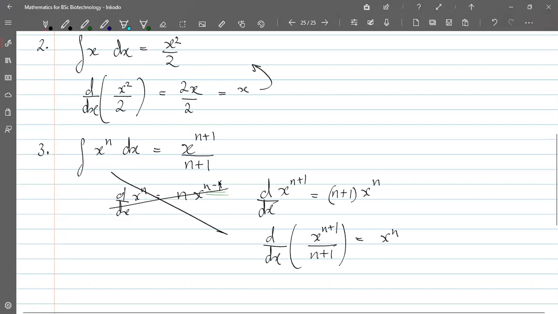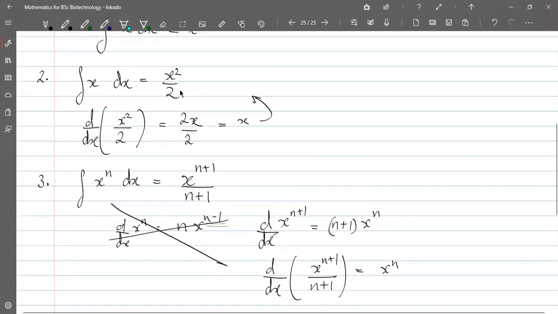And of course, you can always check your answer. If you find an antiderivative, you're not sure of it, you can always check the answer by simply differentiating this. So if you differentiate this, 1 by n plus 1 is a constant. This will be a repetition of this basically. Here you have constant 1 by n plus 1 and x power n plus 1. So x power n plus 1 when differentiated gives n plus 1 x to the power n, which cancels out with the n plus 1 in the denominator to give x power n. So it's valid, it's correct. And you can also check whether this satisfies our earlier prediction. If you put n equal to 1 here, this becomes x to the 2 by 2, which is indeed x square by 2. So this also matches.